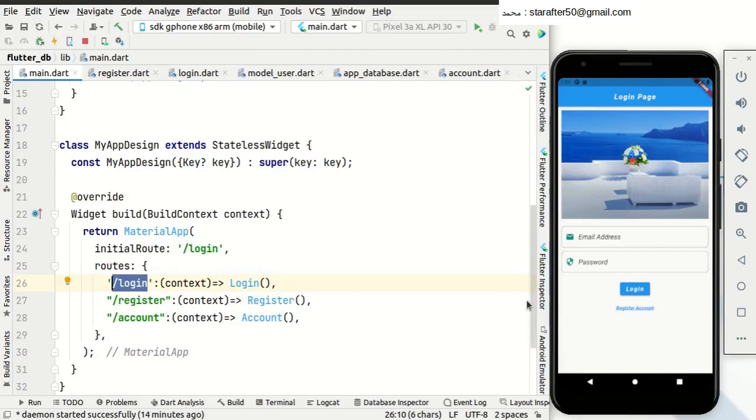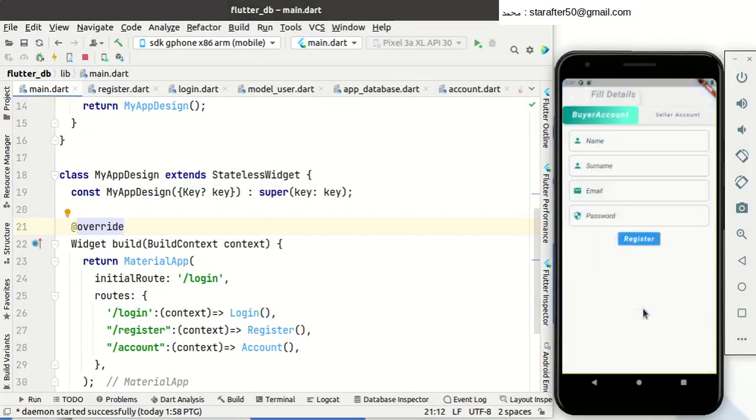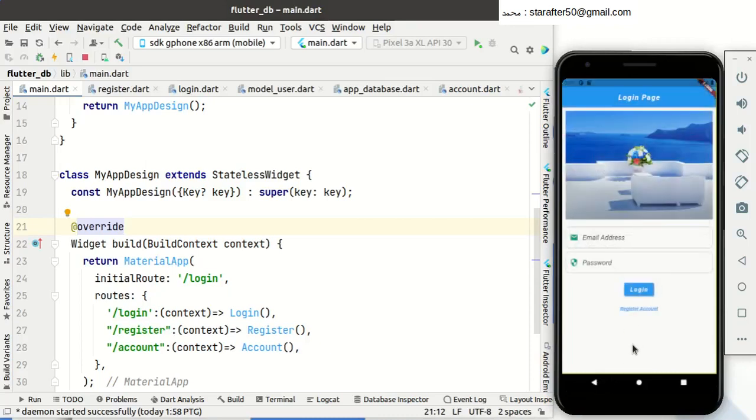So whenever you hit this link here, we will move to the register page. If we hit back, we move back to the login page. So this way, by using these navigation values, we can move back and forth in our application. Now let's move on to the first